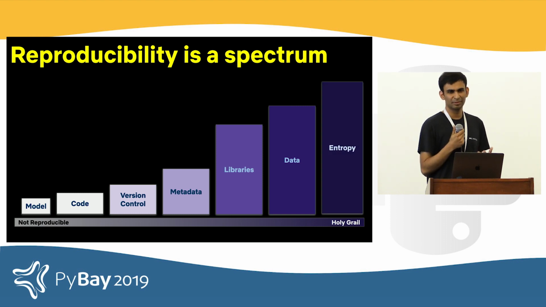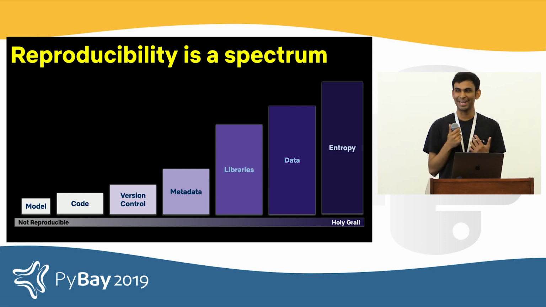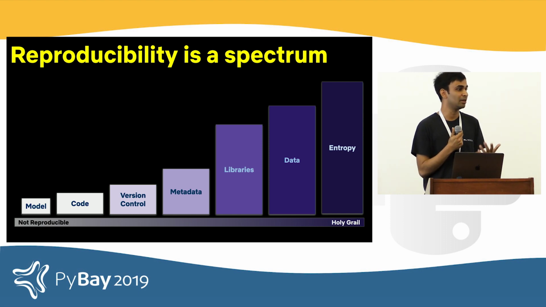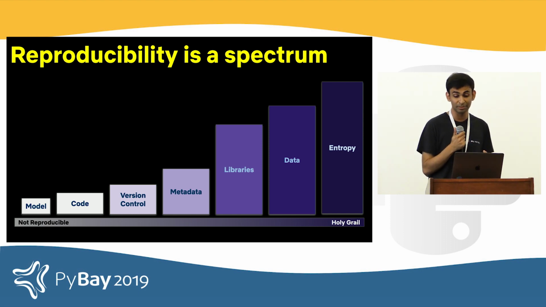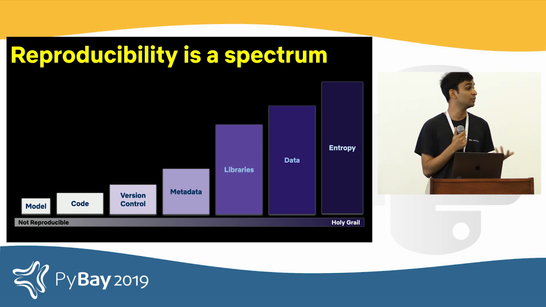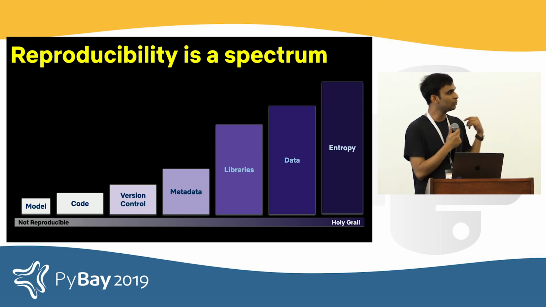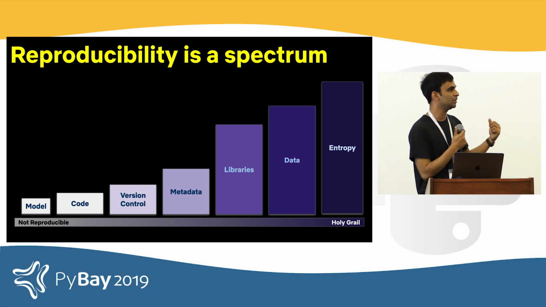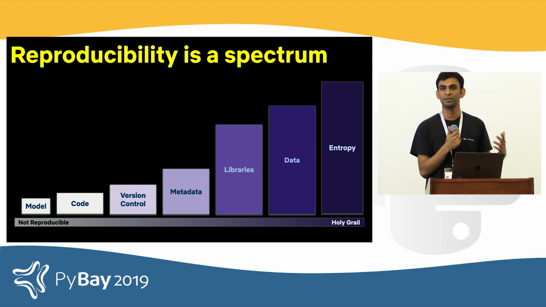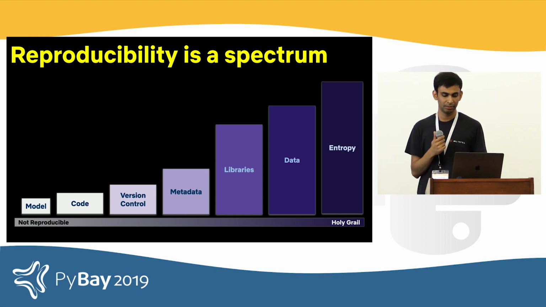And machine learning systems, by their very nature, have an inbuilt entropy in the way they behave. There's some amount of statistical randomness, which makes machine learning awesome at the end of the day, but it makes our life really difficult, because it's really intractable to capture that in any reasonable manner. So as you can see, as we go towards the holy grail of reproducibility, it becomes increasingly harder from an infrastructure perspective to offer increased guarantees around this.